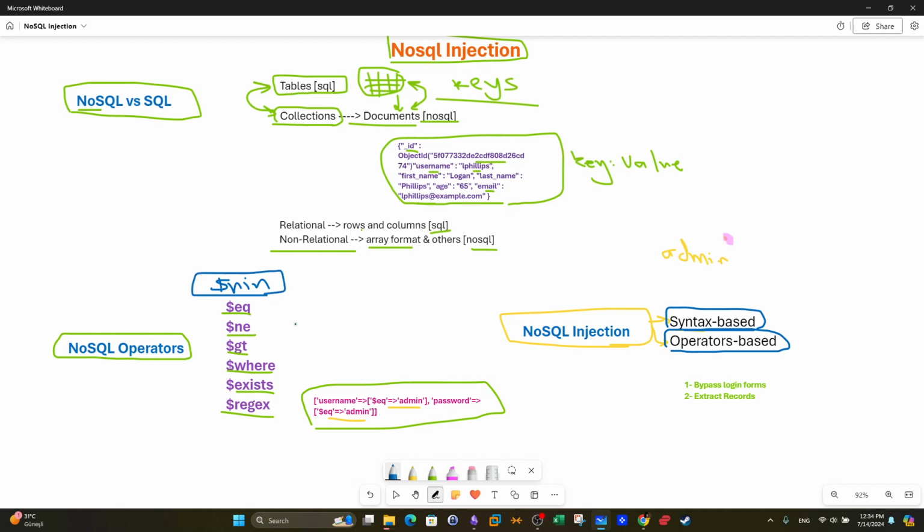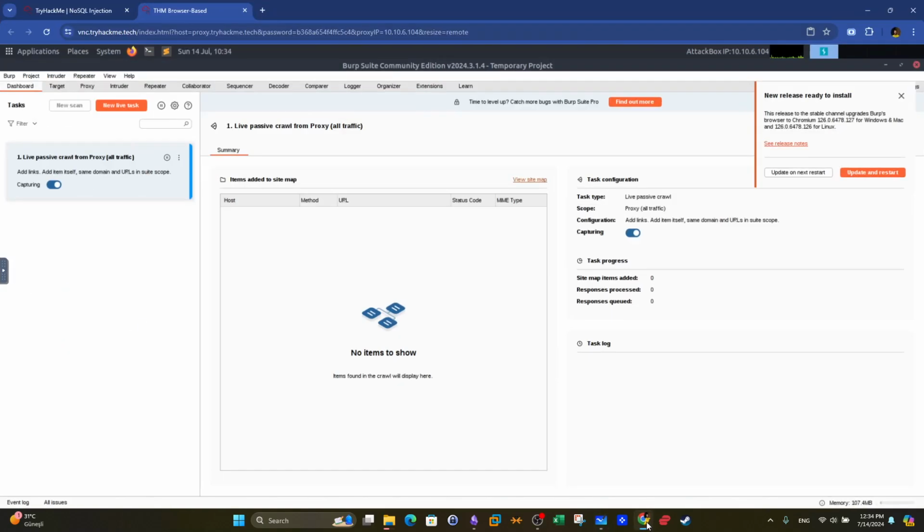We use this in NoSQL injection a lot. So why do you use operators based? Typically, as with any form of injection, we aim to bypass login forms and to extract records. Now, for the practical scenario, or for the demonstration of the practical scenario of this video, we are going to